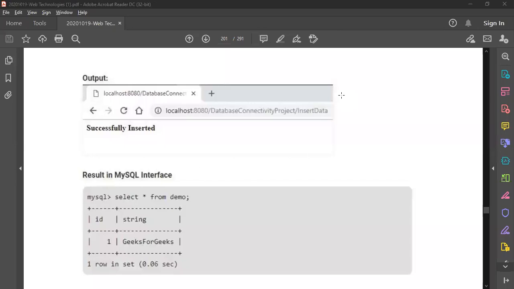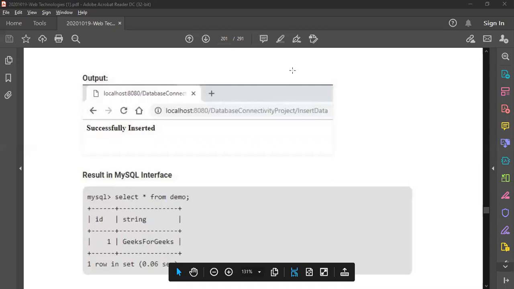If you don't know, tell me, and I will take one session on how to do it with the help of the Eclipse IDE. There's no need for the traditional process of installing Tomcat separately, writing the program and deploying it there. I will tell you the easy method. Just install your IDE, download the Tomcat server and configure it in the IDE, so that you can easily execute these servlet programs from there.